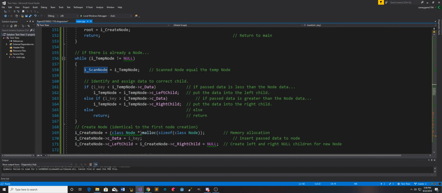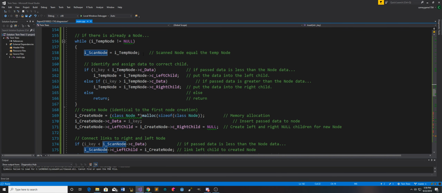So what about if there is already a node? So if there's already a node, while temp node is not equal to null, right, is something there, we're going to scan through the nodes, and then temp node is going to be equal to the scanned nodes. So scan nodes equal to temp nodes. Identify and assign data to the correct child. So what's happening here is